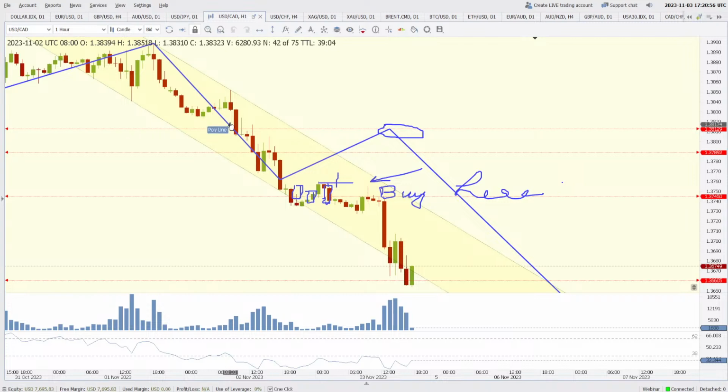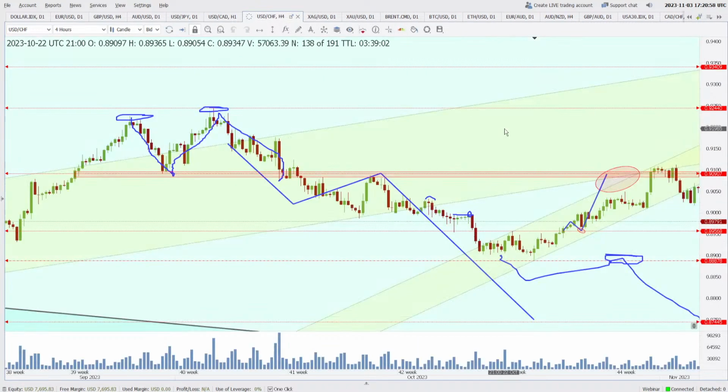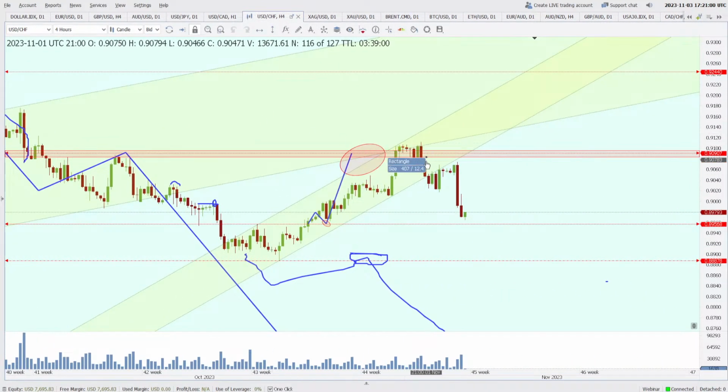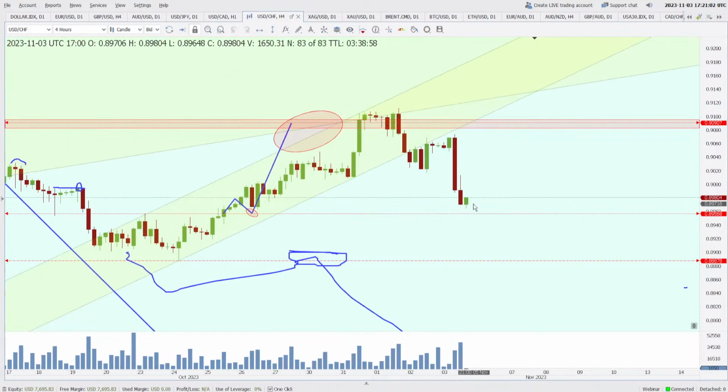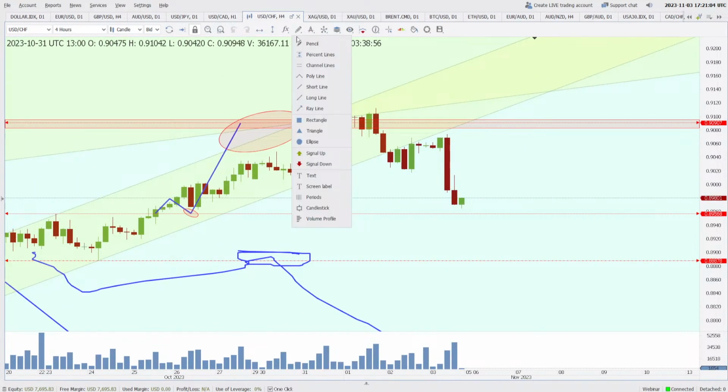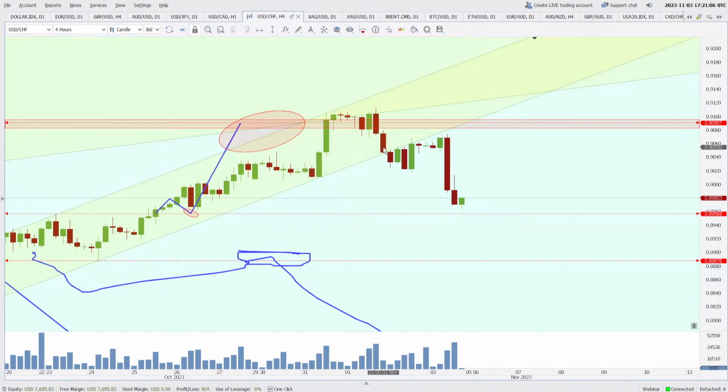Okay, that didn't happen. USD/CHF, well, 0.9090 was the resistance. Boom, boom, boom. Did we just talk about this? I think I remember this candle. We talked about this particular candle, that if there are buyers in the market, they will definitely jump in here and push the prices up. They did not come here and they closed it below.